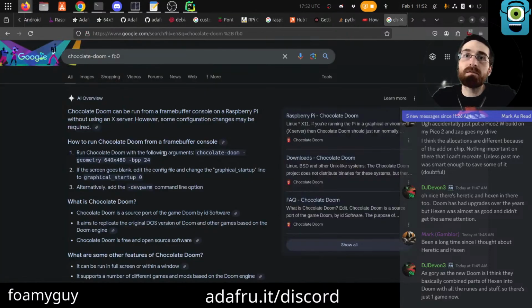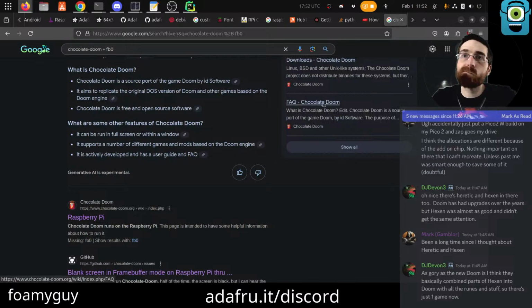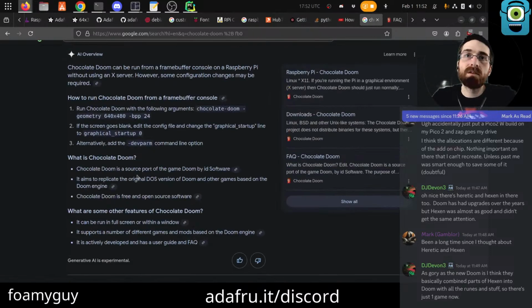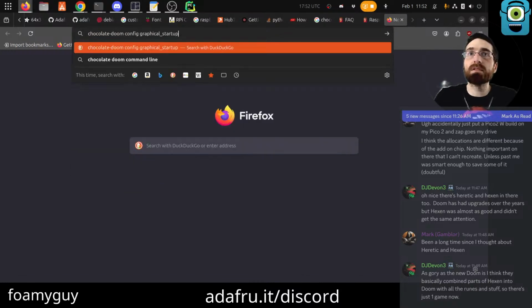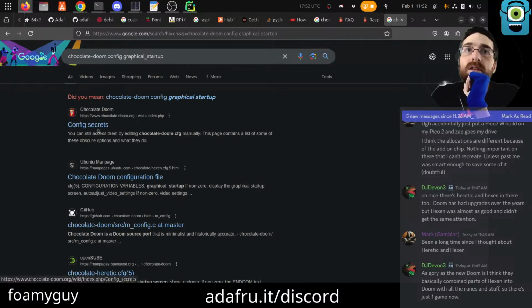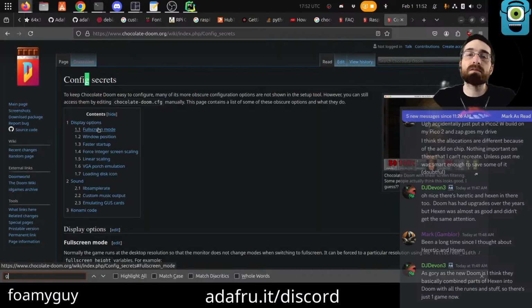You really want to force it to frame buffer somehow. Could try this if there's a blank screen. I don't have a blank screen. It's just not going to where I want. I mean, is that a thing? Split Doom config that or anywhere else? Graphical.